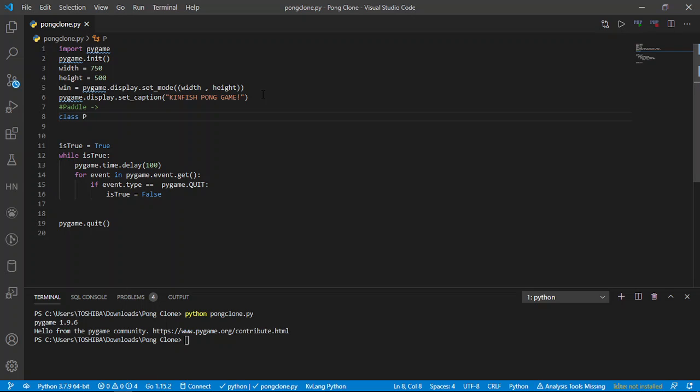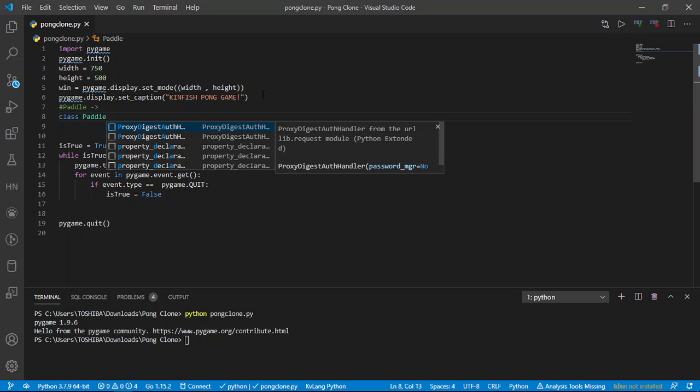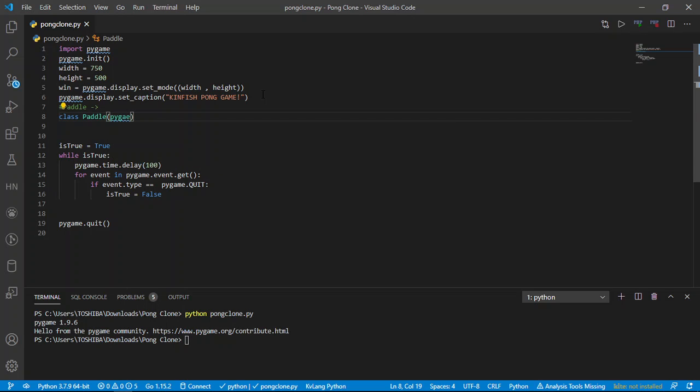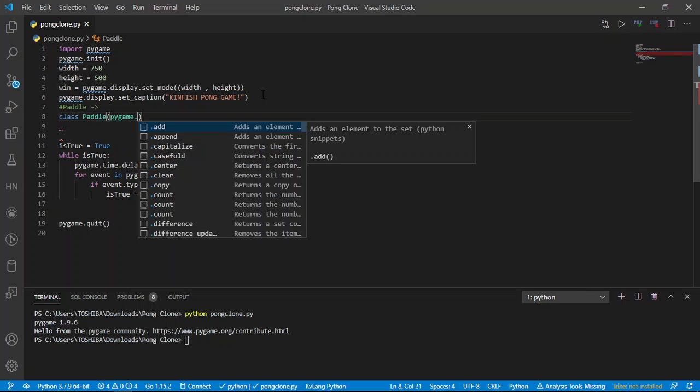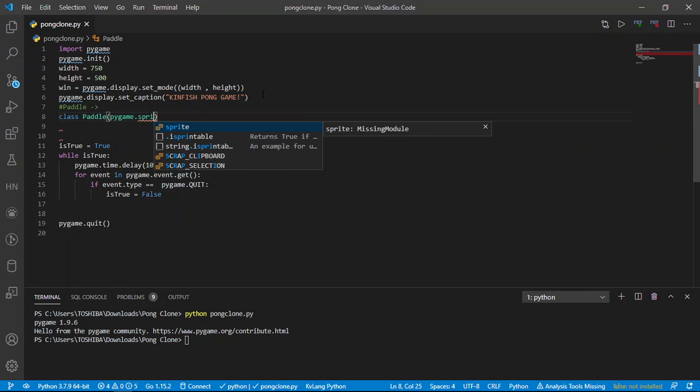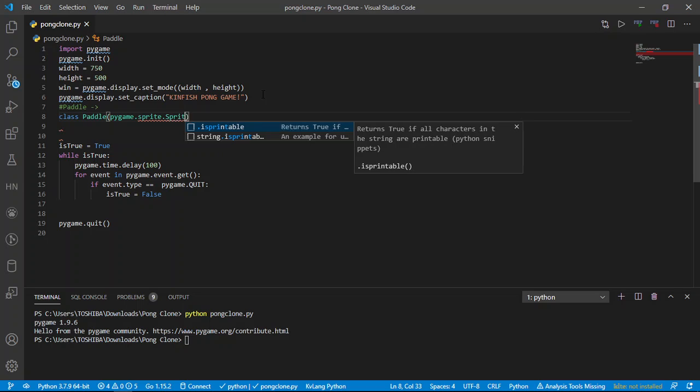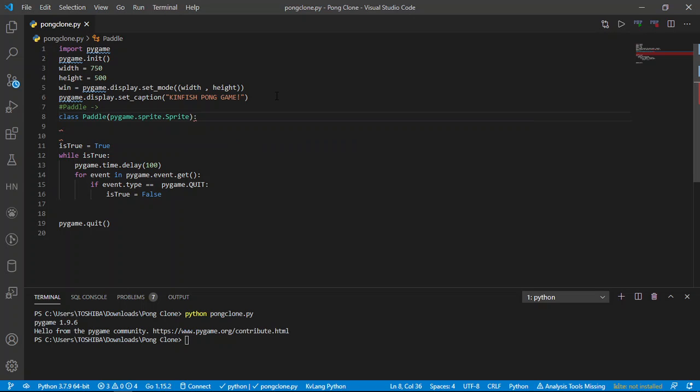ስለዚህ in setting of the paddles we are going to create the paddle class. This paddle class get inherit from the pygame dot sprite dot sprite class. From the sprite module we are just importing the sprite class. So we are just inheriting all of the functionality that the sprite will going to have. The sprite already have ያለውን እናደርጋለን በፓድል እናደርጋለን ኢንሄሪት አድርገናል ማለት ነው።